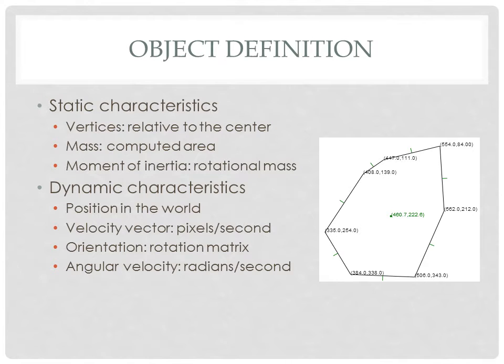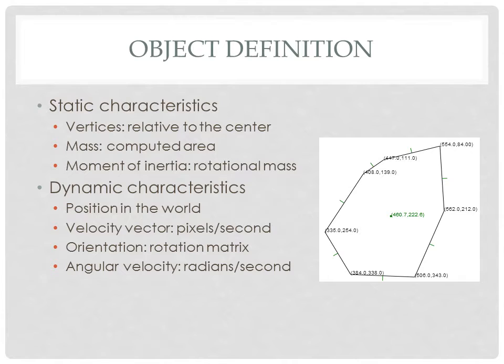To define each object, we have a set of static characteristics that never change from frame to frame. That's the vertices, which are relative to the center of mass of the object. We have the mass, which is basically the area. So we have an algorithm that will compute the area of any polygon. And the moment of inertia, which is the rotational mass, and that's an integration of the distance from the center and the mass. It gives a weight